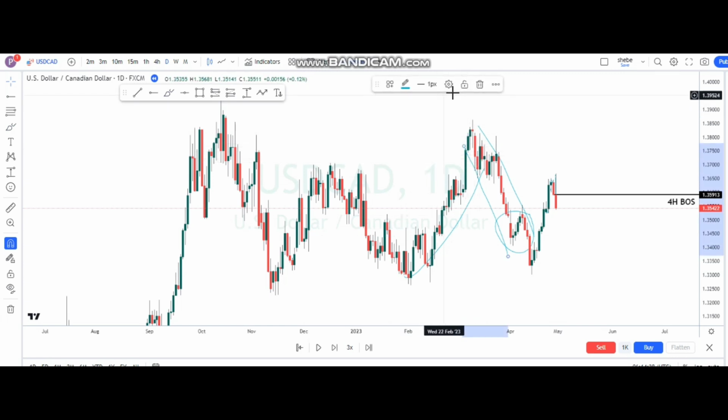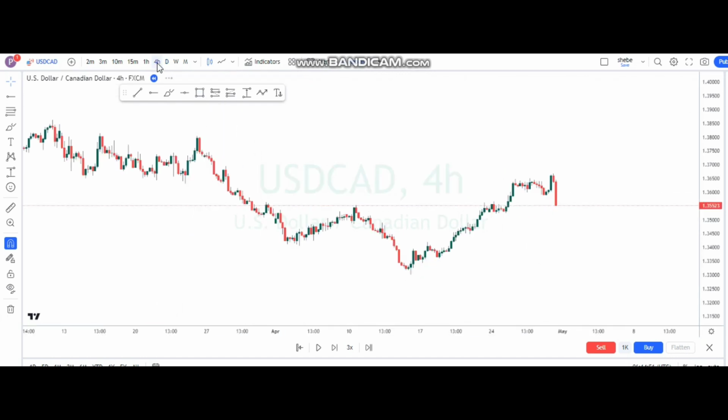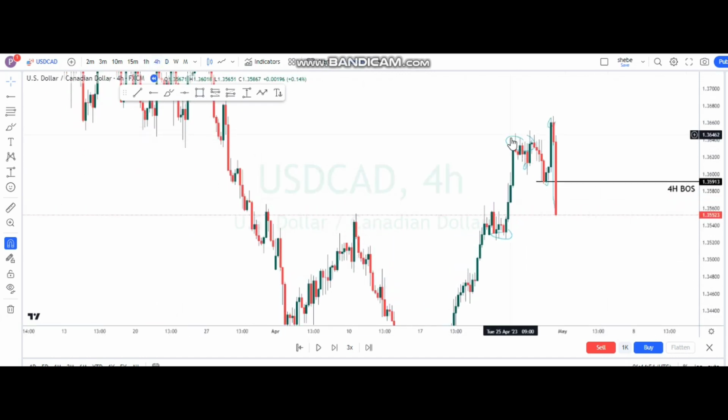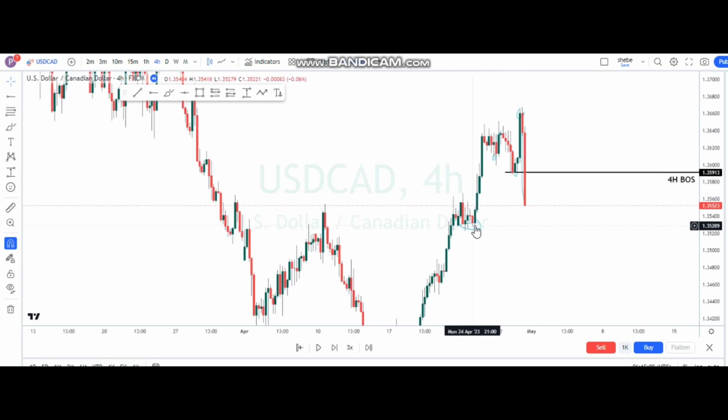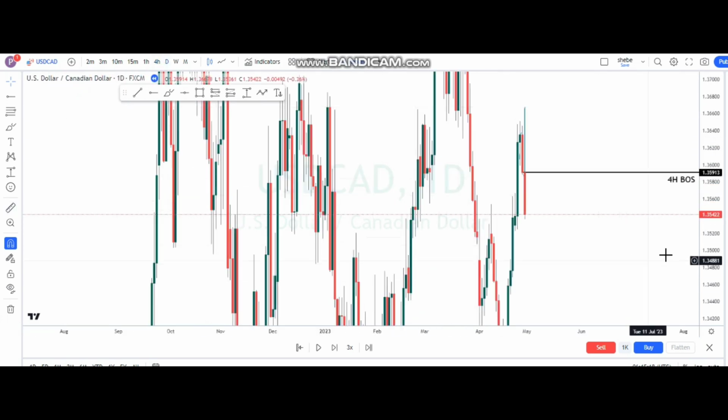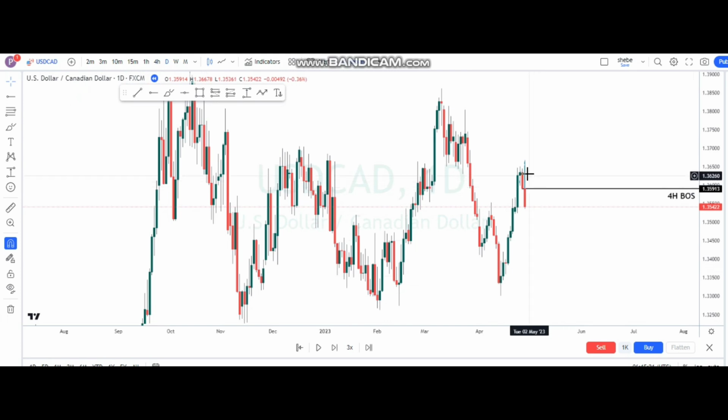That being said, if you come to 4 hour and look afresh, you find that this break on 4 hour says that now we are going in a huge bullish move. Simply that we have broken here, around here. This break tells us to take this entry around here due to this 4 hour break of structure. That being said, guys, this was a very beautiful entry to take, since if you look in the daily time frame, it tells you exactly that this is a very beautiful trade.